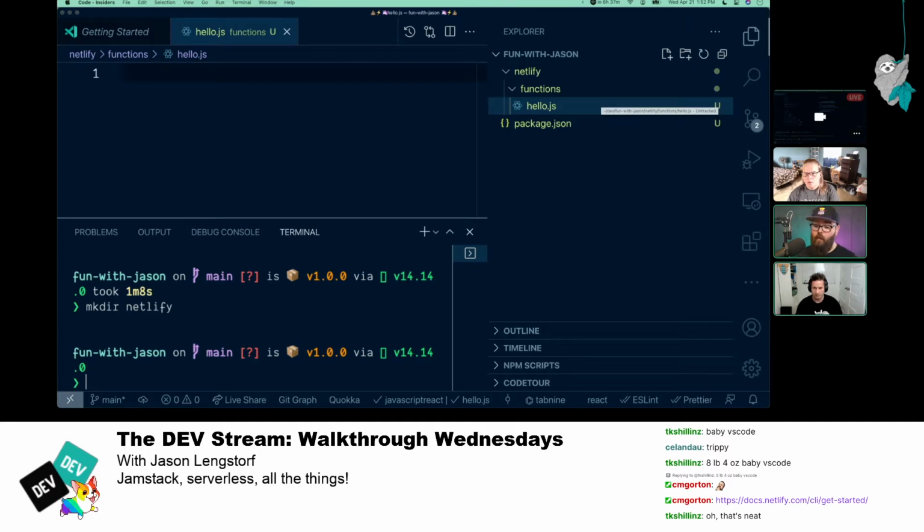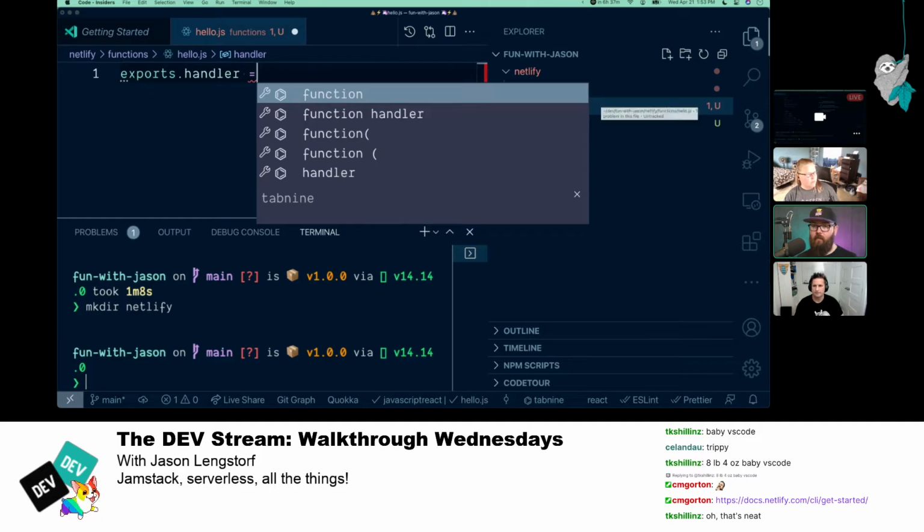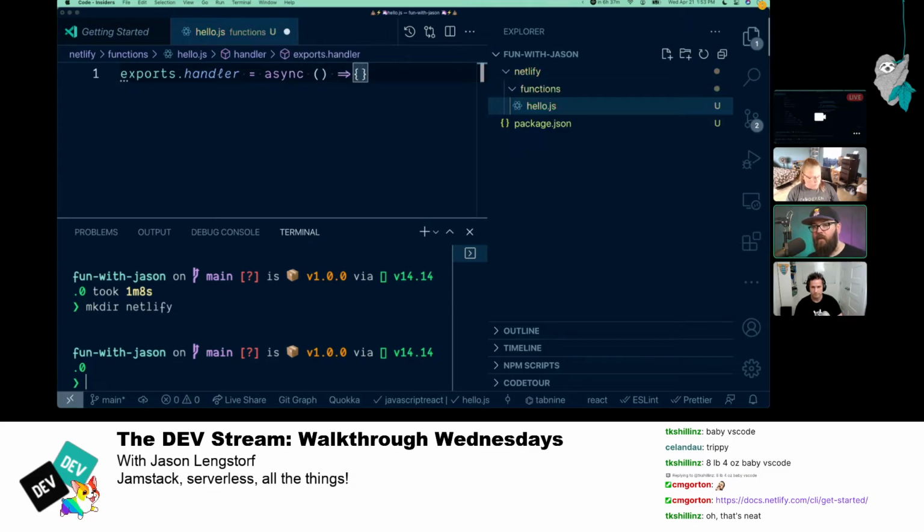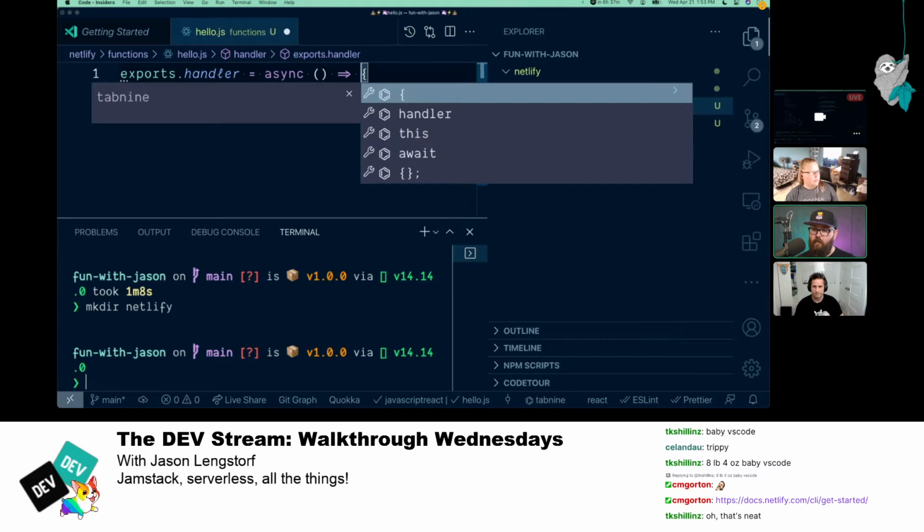So the way that a serverless function works: I guess we need to export something here? Yes. We need to export something called handler. So it's exports.handler, and this is the CommonJS way of doing a named export. And we're then going to send back a function. We'll mark it as async so that we don't have to do any callbacks or anything like that. When you mark a function as async, it will use the promise-based return.